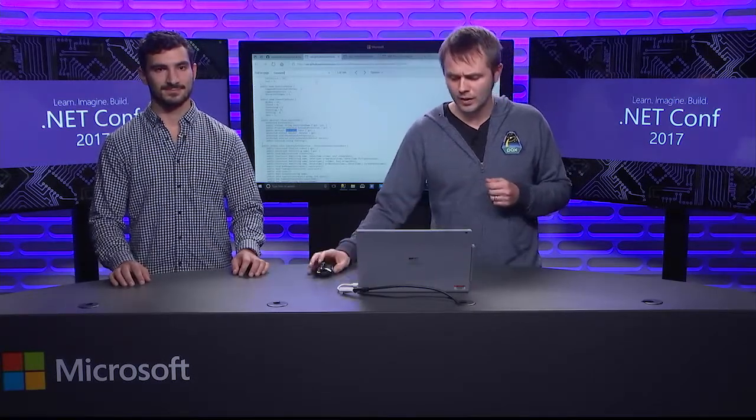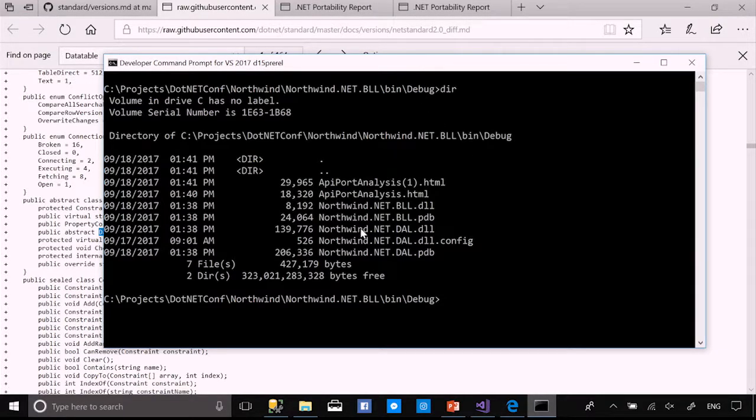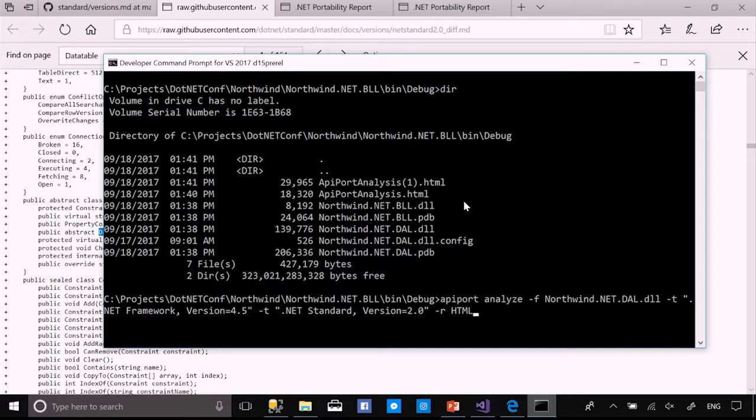And just take a look at the output that it gives you back. So here I'm going to switch over to my command prompt, and if I take a look at the folder in here, you can see that we have a couple of interesting files. One is the BLL DLL, and one is the data access layer DLL. ApiPort is the name of the tool that we have in here. And into there, we're going to ask it to analyze the data access layer in this case. It's currently targeting .NET Framework 4.5,